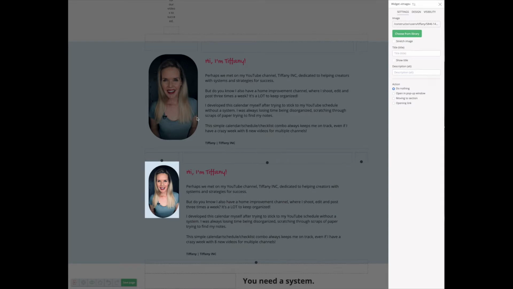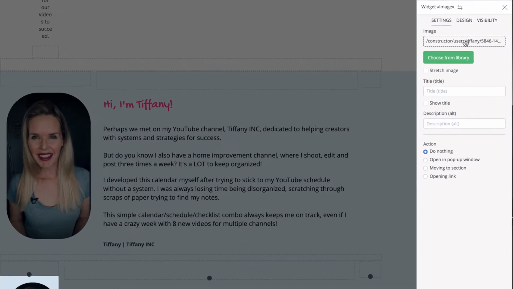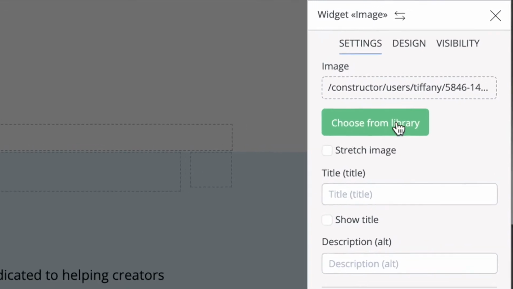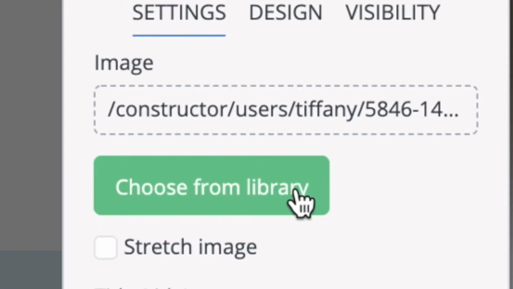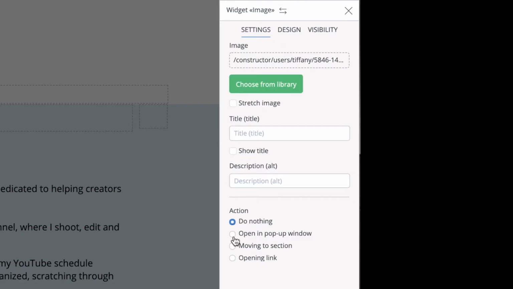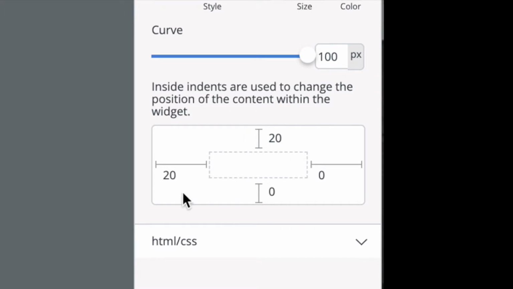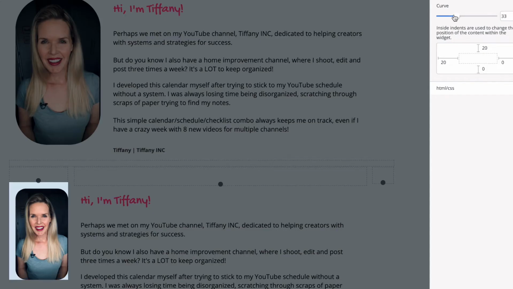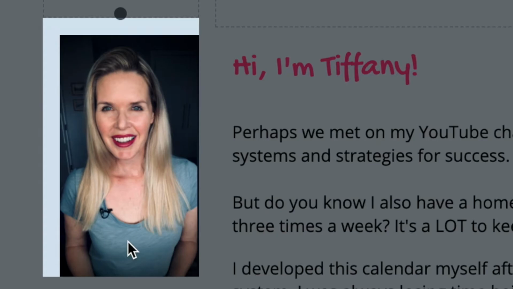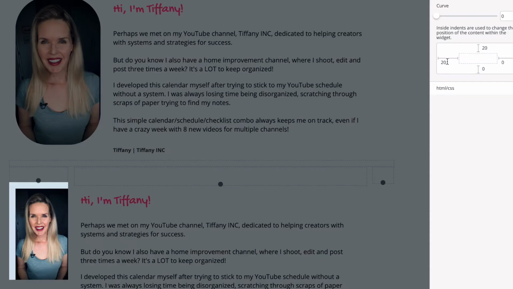I mean, I can edit this picture, and what happens is you can either choose from their library. That's their library. Don't get confused. This is not your library. If you want to choose an image from your desktop, say, you click on image. You can open it in a pop-up. You can have it opening a link. That's cool, but in terms of the design options, this is a little high-tech for me. The curve, I understand this. So now you'll notice the picture became square, but I still don't like what's going on with the whole entire thing with the picture.